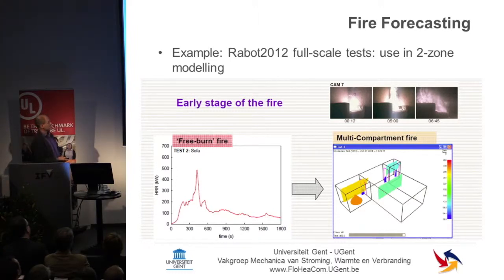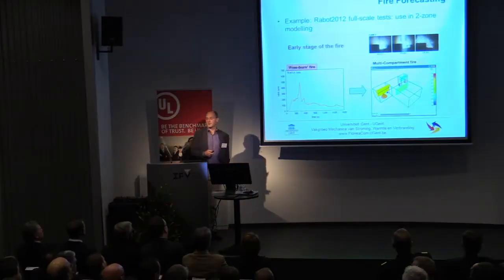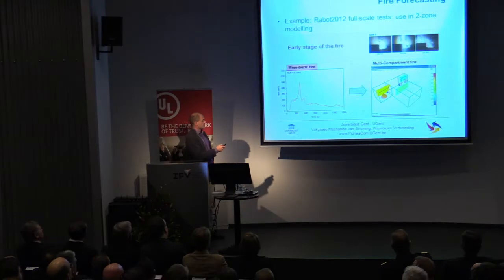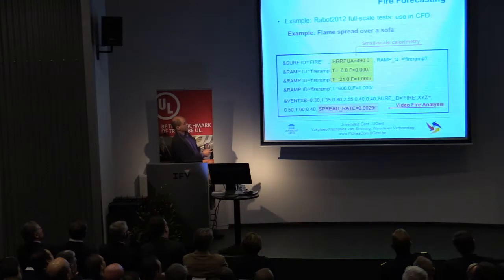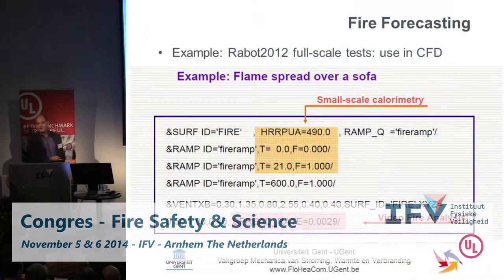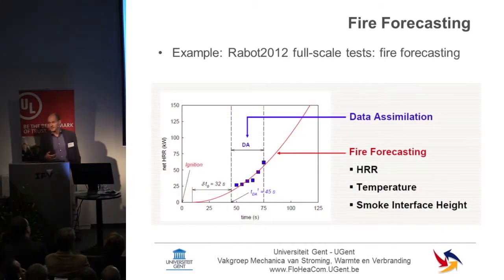But quite apart from data during the fire, you can also try to carry out the calculation in a different way. We did this. We ignited the sofa again and measured what the heat release rate was. Here you see one of these experiments, and you can use this as input in zone modeling, but also in CFD calculation. This is an example of an input in FDS, and these are the measurement data from the laboratory, but also from the analysis of the video. And you can use that as an input for the CFD.